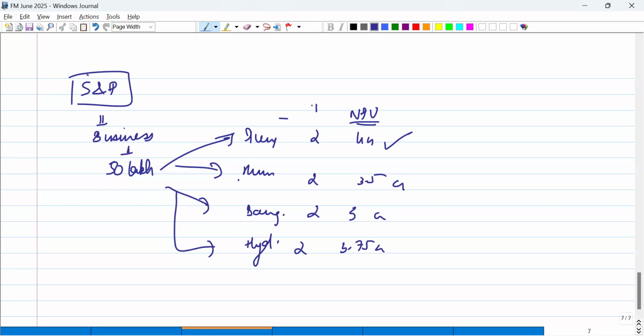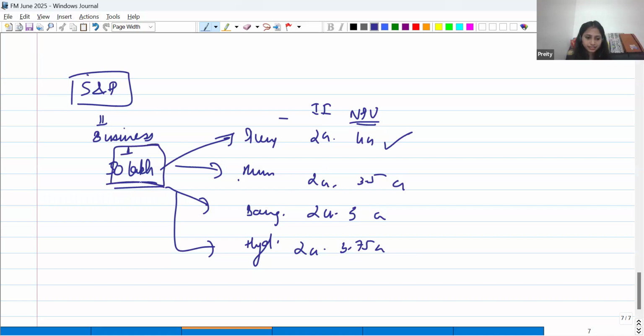But how much is the initial investment everywhere? 2 crore everywhere. You have only how much with you? 50 lakhs. 50 lakhs only. So from where will you get the remaining amount? If your project is so good and has very good reach, very good options, innovativeness, then can you go to a bank or an investor and ask for a loan for the remaining 1.5 crore? Can you ask for a loan?